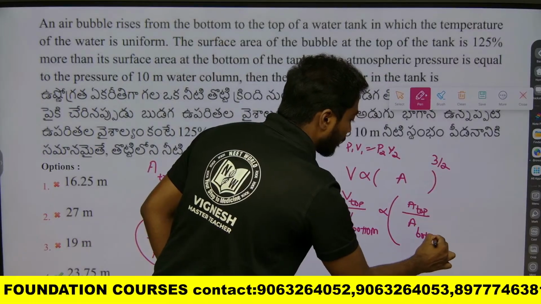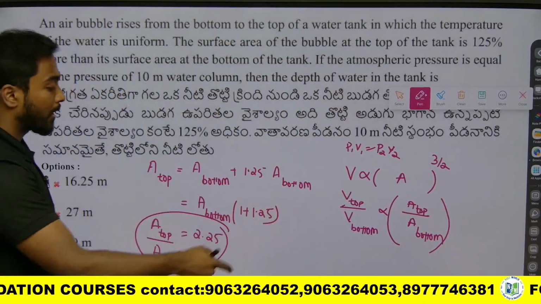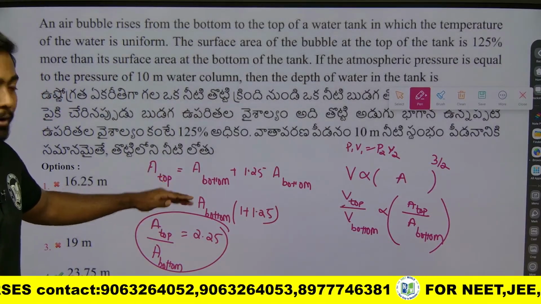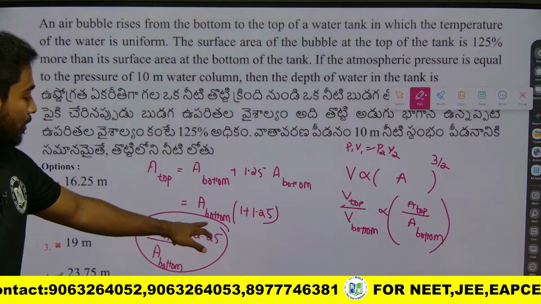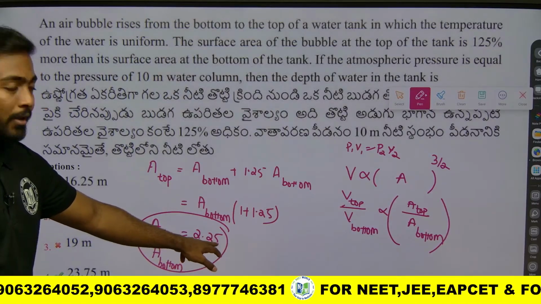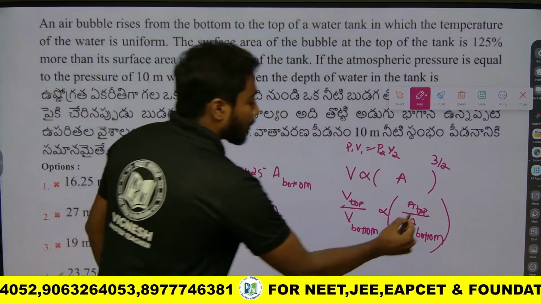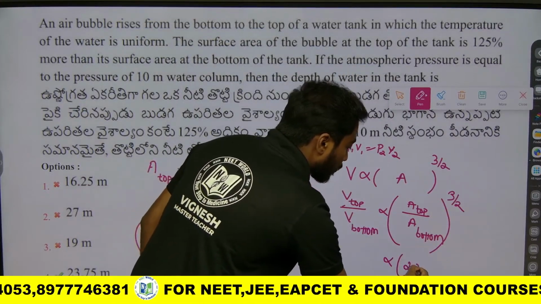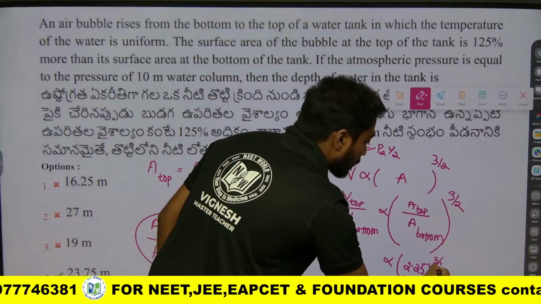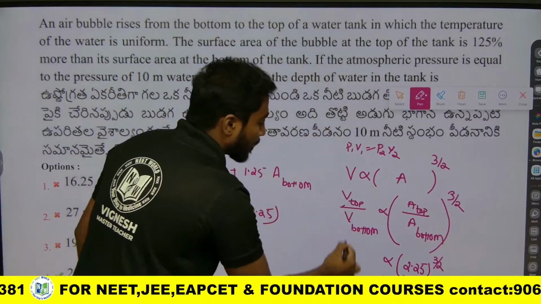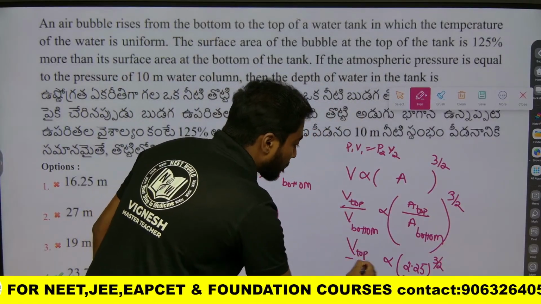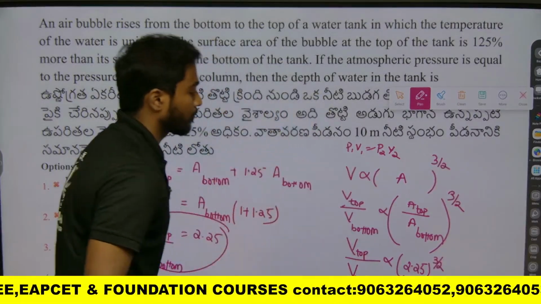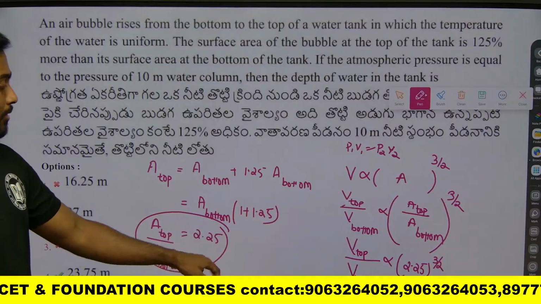So V top by V bottom is directly proportional to A top by A bottom power 3 by 2. Why have I written V top by V bottom and A top by A bottom? I know the value of A top by A bottom, the area of the top and the area of the bottom, it is in the ratio of 2.25 by 1. So this is power 3 by 2. I can write directly 2.25 power 3 by 2. I will get the value for V top by V bottom, right? After this what I should do,